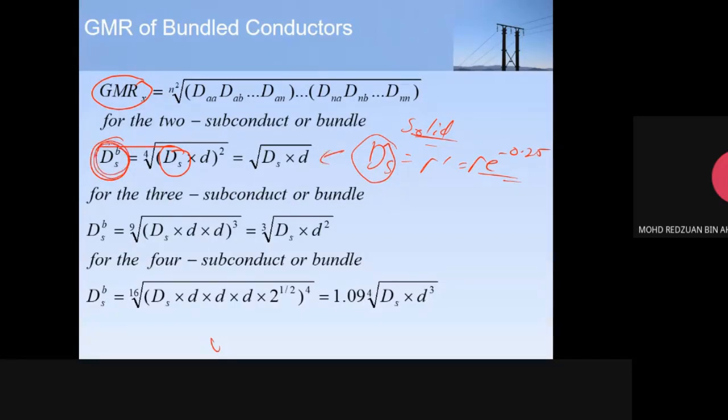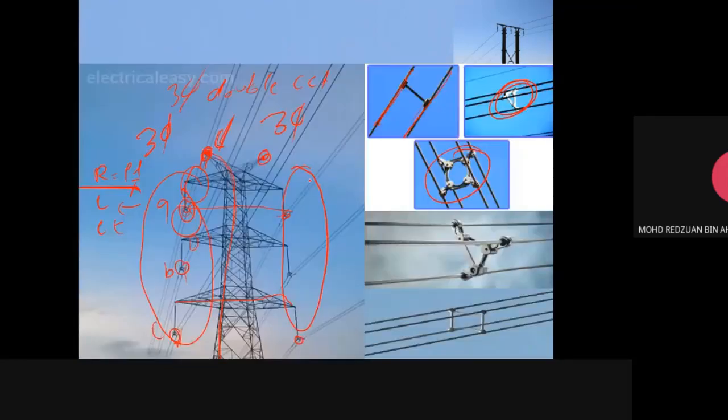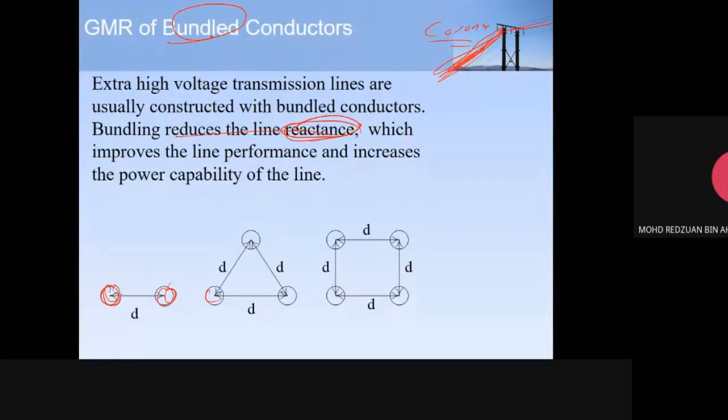So now for a bundle conductor, we have to calculate DS for bundles. This is DS for bundle of 2. This DS comes from our previous equation. This D is not diameter, but actually equals the distance between these 2 conductors. This is phase A, we have a bundle of 2. So in the bundle, we have this distance between these two cables. This is the D, distance between these two cables.